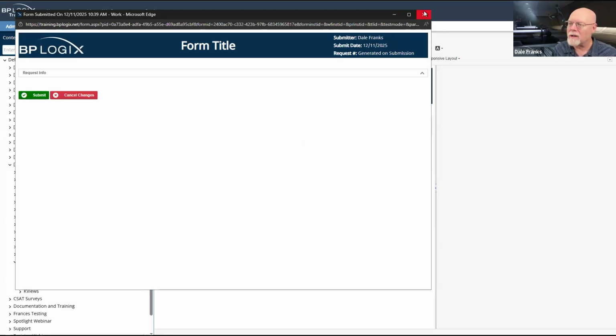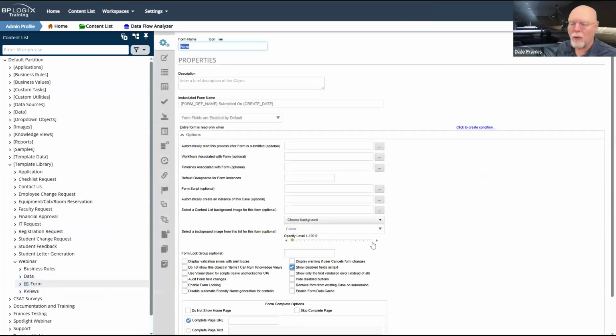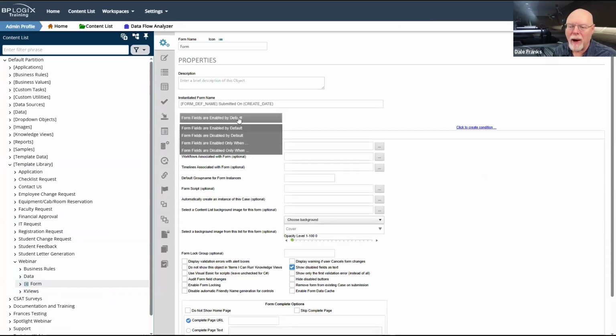This is all great. So our form design is done. Our form fields that we placed on here are showing up as text. There's only a couple more things that we need to do on our form here, which is to set form fields are enabled by default. We're going to disable them except for when we're in a new form instance.